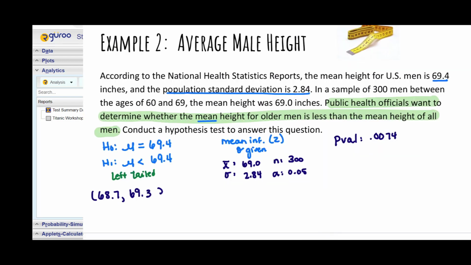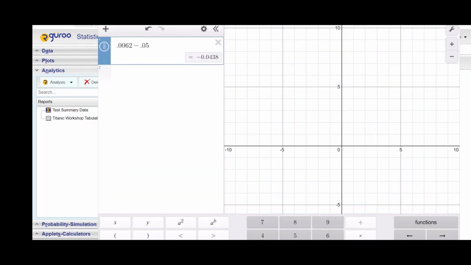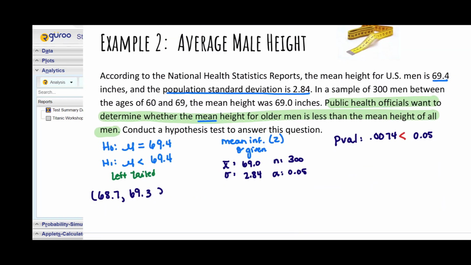All right, so here we go. We're comparing this to 0.05, and this is definitely less. If you weren't sure, again, 0.0074 minus 0.05, you get a negative number. And if it's negative, that means it's less. If it's less, we are going to reject the null. So we're rejecting the null again. And if we reject the null, we have enough evidence to conclude H1. So we would say, conclusion,